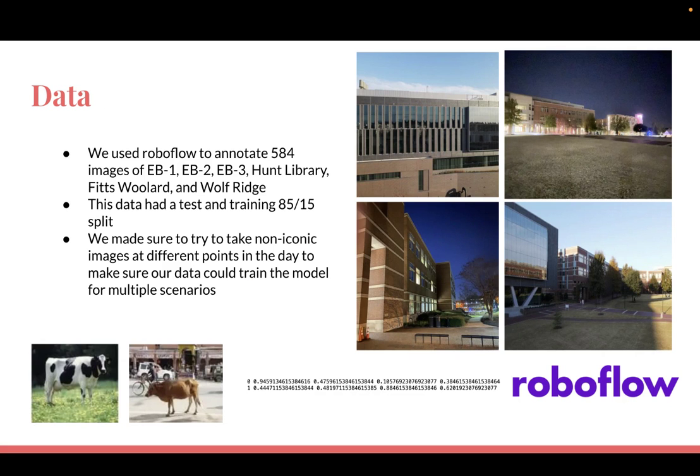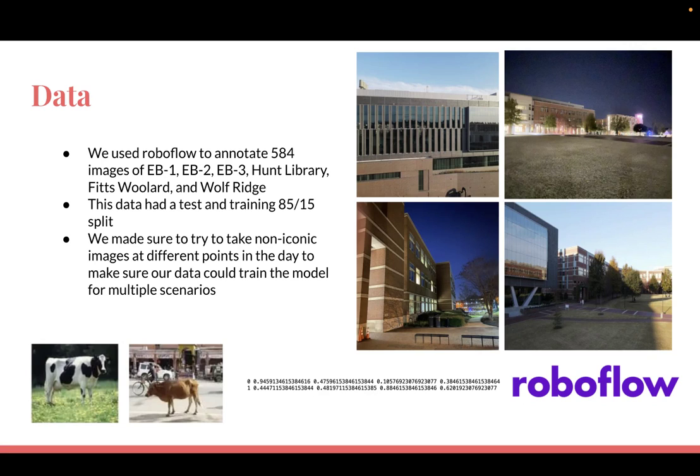So, our data. We annotated 584 images. These were taken using drone footage as well as iPhone footage. Each one was scaled to the correct size, and there are images of EB 1, 2, 3, and all the other buildings. Our data had a test and training split of 85-15, and we made sure to take non-iconic images instead of